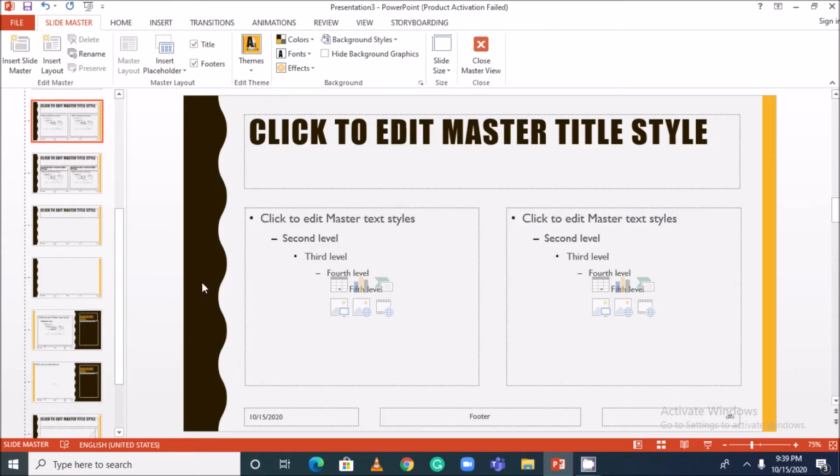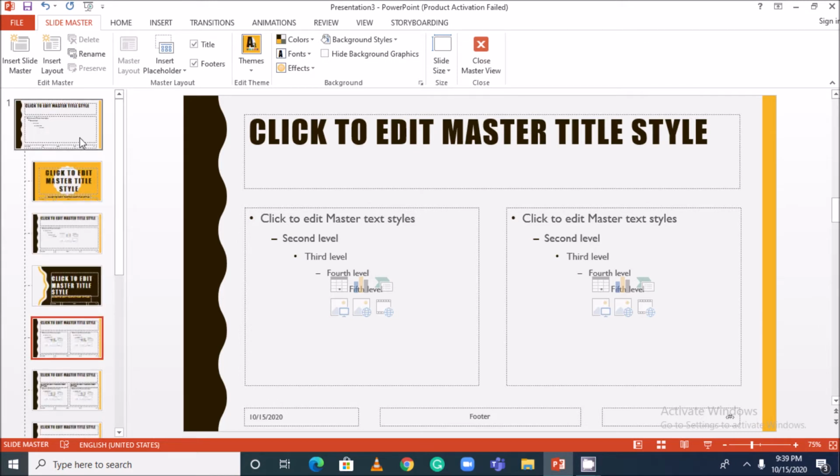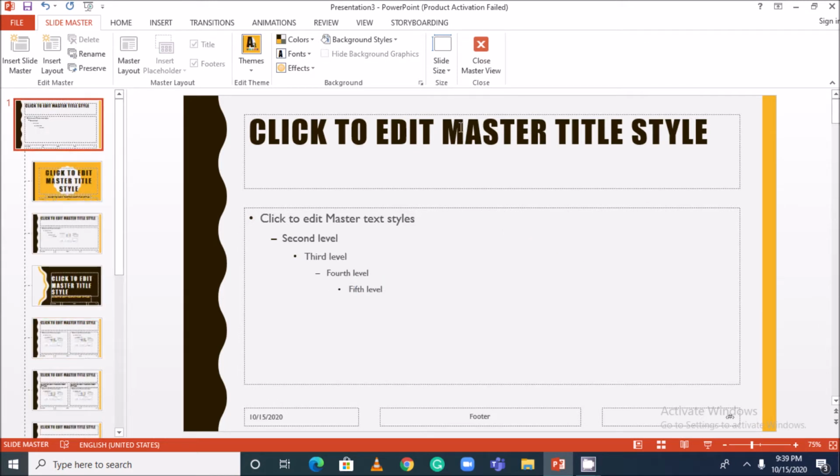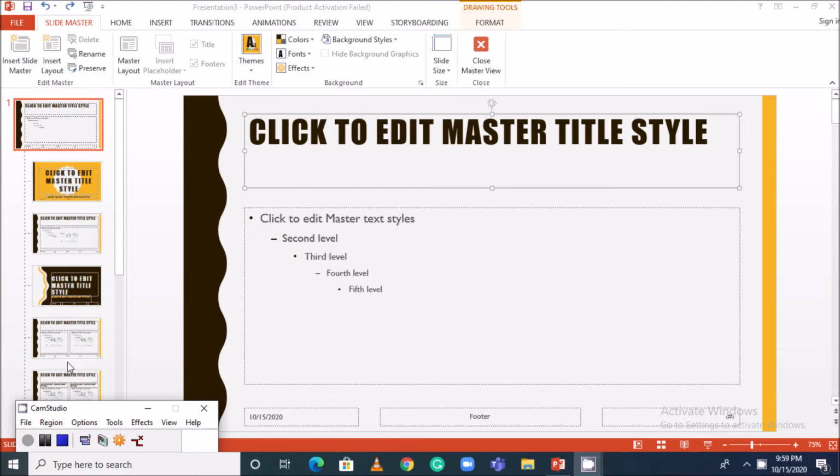Now this is the slide master. The scroll bar, you have to scroll up, then you can click on the first slide. Now you are in the slide master. Now slide master, you can apply something. If you apply, as example, if you insert a logo, now that will appear in all other slides. Changes made to the design of the slide master will also be made on the individual slide layout masters.